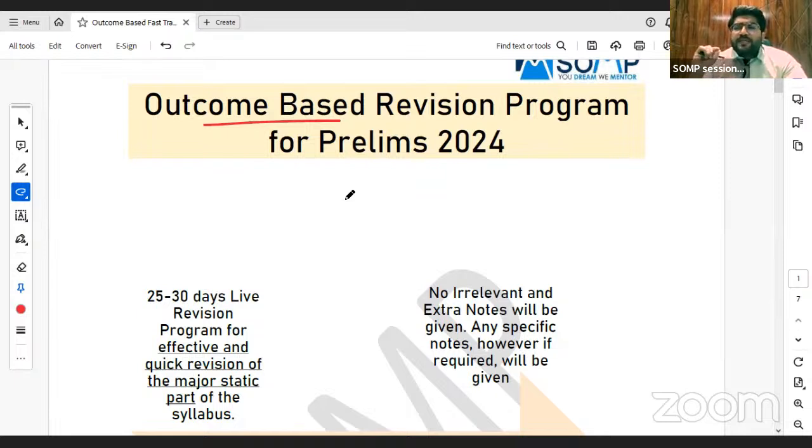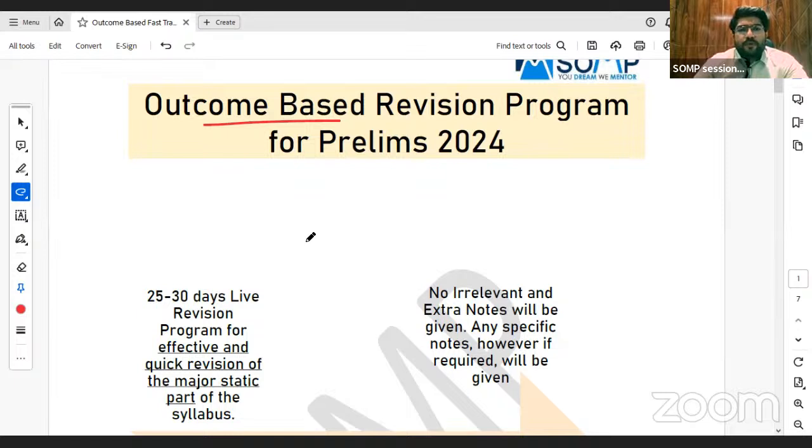To explain it in a very basic and simple sense, this program is a revision program of the major static area of your syllabus in a very effective and pinpointed way, and in that time of your day which usually is not a very productive time for most students, and which, if utilized productively, can set the tone for the rest of the day. If the morning is good, the complete day is good, and that results in a very productive month in the remaining 50 days or so, and that will set the tone for the remaining 20 days.